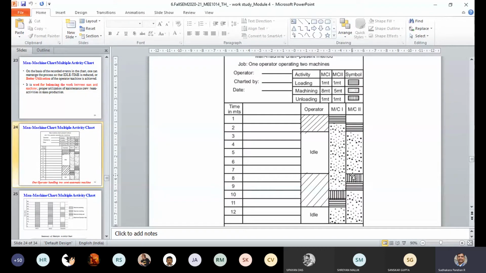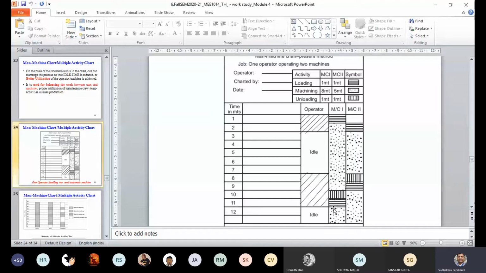So he has to unload the part from machine 2. So a vertical line for the next 1 minute. Till that time machine 1 is running. Then again he has started machine 2 for the next thread cutting, maybe with another part. He has loaded another part on machine 2 itself, because machine 2 is done with the first part. Once he has loaded and started the machine, he comes to machine 1. By the time machine 1 has finished exactly, and machine 1 is unloaded now. So a vertical line. Then machine 1 starts with the second part.